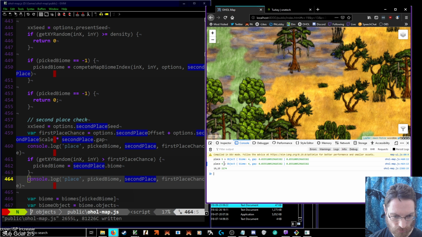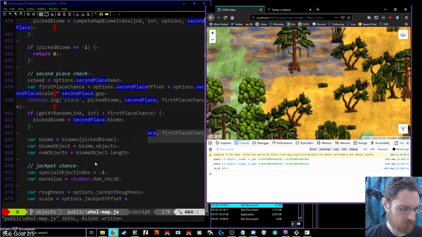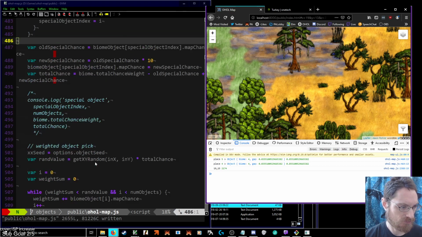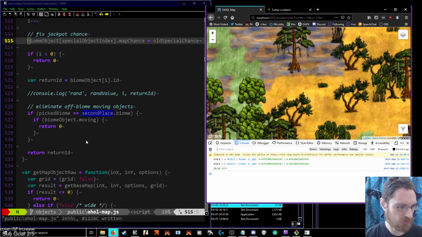Okay, so it did roll. Secondary biome. But we should say